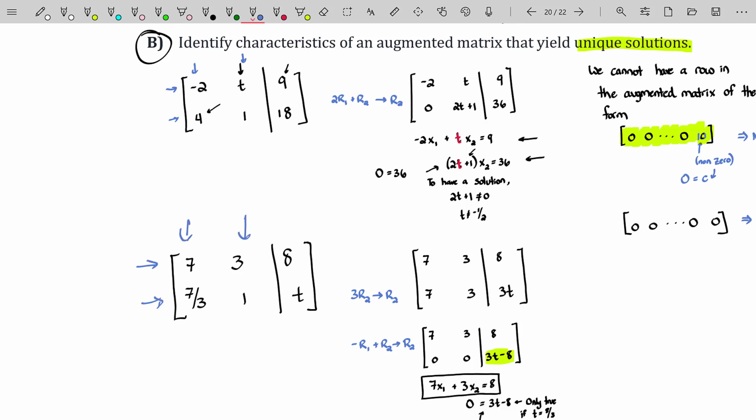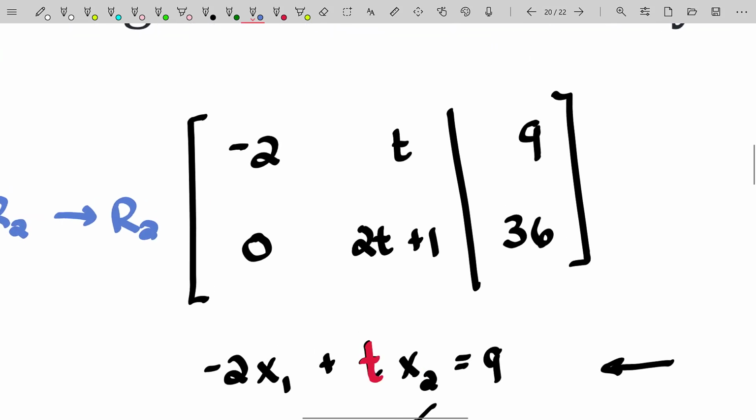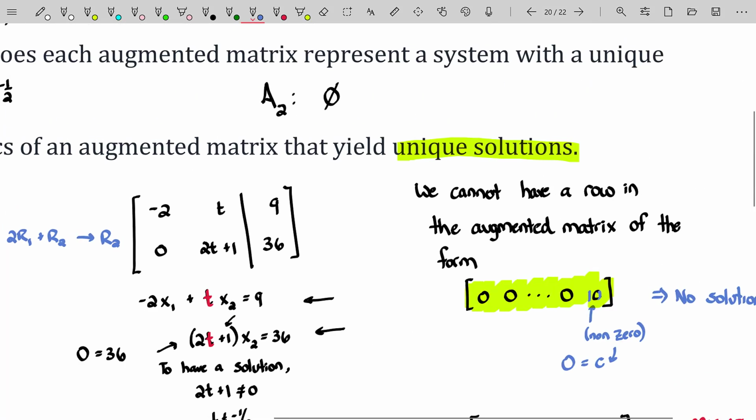Okay, so if we restrict our conversation to n by n systems, or systems that have the same number of equations as they have unknowns, then you can easily discuss the key characteristics for finding unique solutions. To get a unique solution to such a linear system, it has to be able to be row reduced to a diagonal form like this, where you don't have a row of all zeros and you don't have a row of all zeros with the last entry being non-zero.